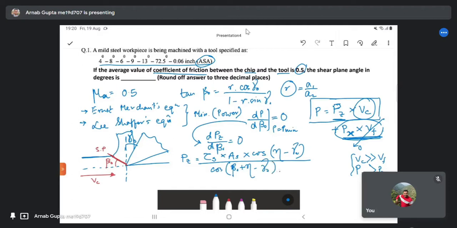Now this term As can be written as the area of the shear plane. This can be written as S naught into t divided by sine beta naught. This we already derived in the last class, how it is coming. So this is also a function of beta naught, right? We can see the beta naught terms appearing here and here also. So if we substitute the value here, then we are left with